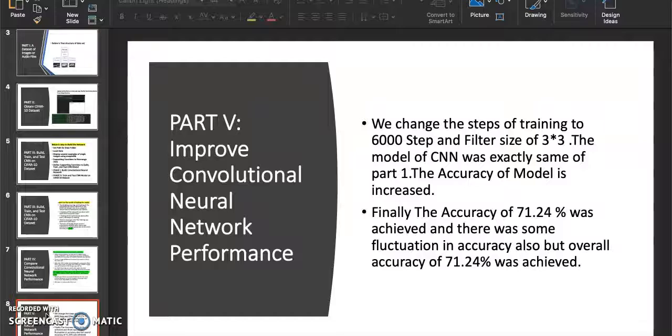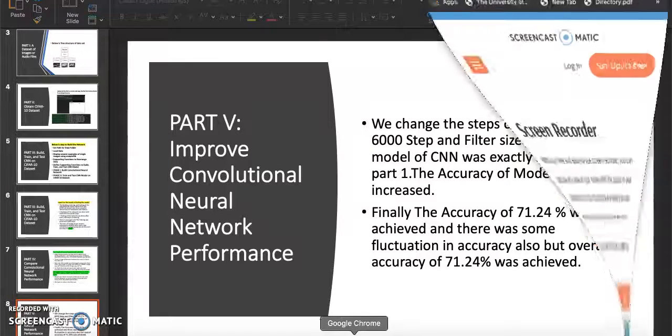I did many things. I removed layers, I increased layers, I reduced the size, and finally I found that increasing the steps and decreasing the filter size can increase the model's accuracy. Let me go through the code.